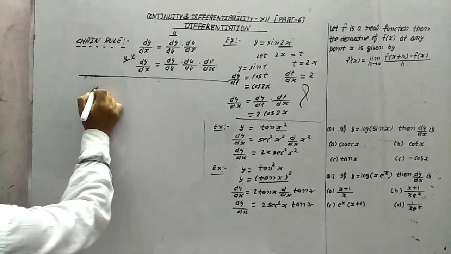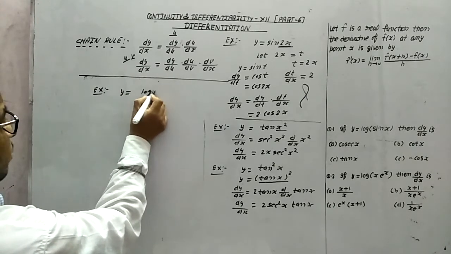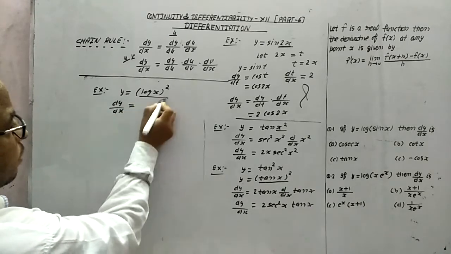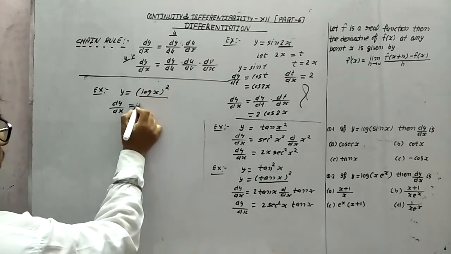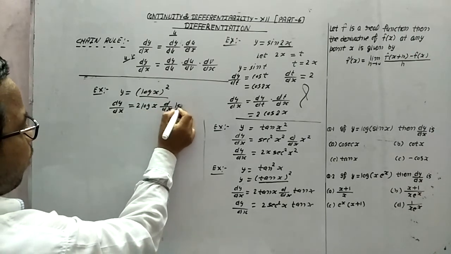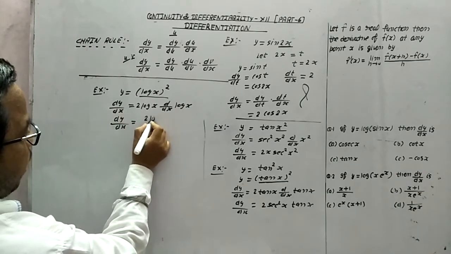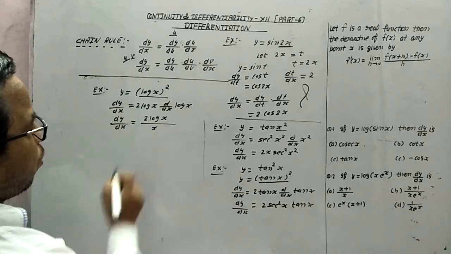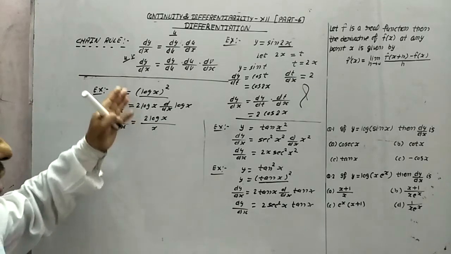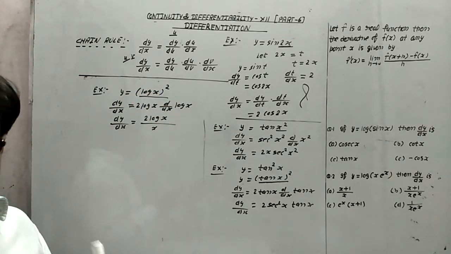Now look at this thing. One more example. If we have y is equal to log x whole square. Now again, which part is creating problem? This log x. It means t square. What is the differentiation? 2t. It means 2 log x and d by dx of log x. What is the differentiation of log x? Differentiation of log x is 1 upon x. It means the derivative of this one is 2 log x upon x. So like that, this is the only one part where we are going to apply the chain rule. Chain rule we can apply many times and in so many parts also.